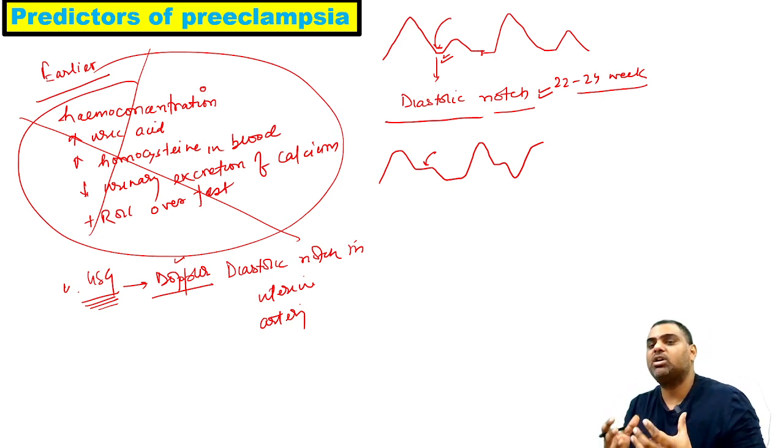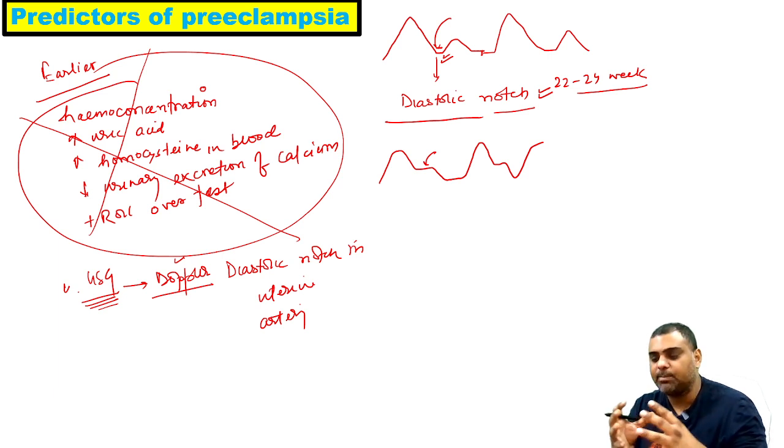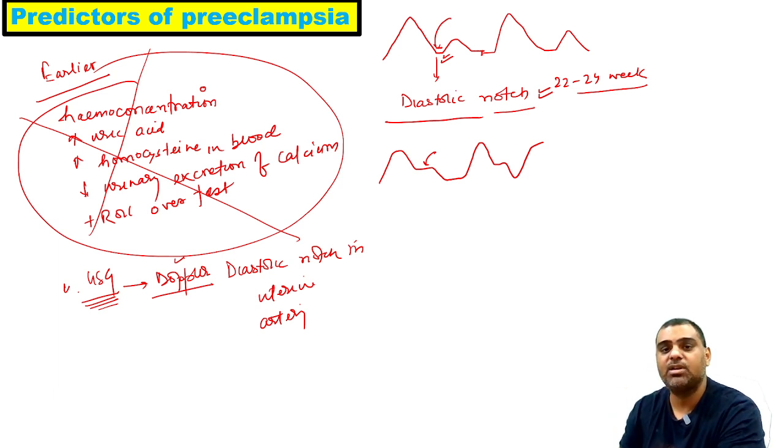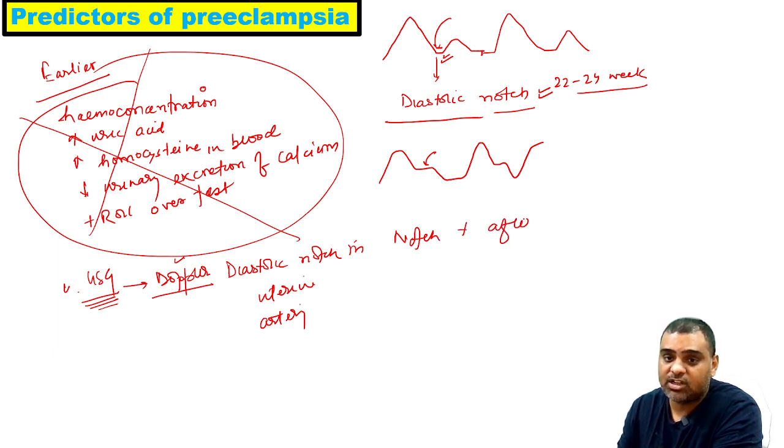arteries are not able to convert into loose vascular channels. The blood in them is very less. So what happened? Now this notch is still present because of less blood, less pressure. So if the notch is present after 22 to 24 weeks,